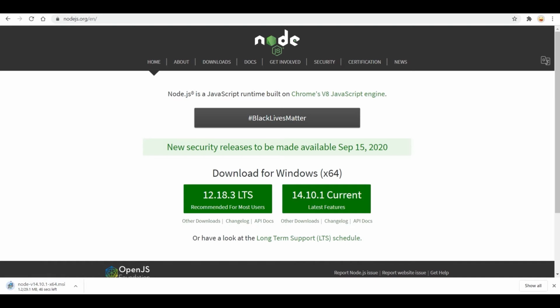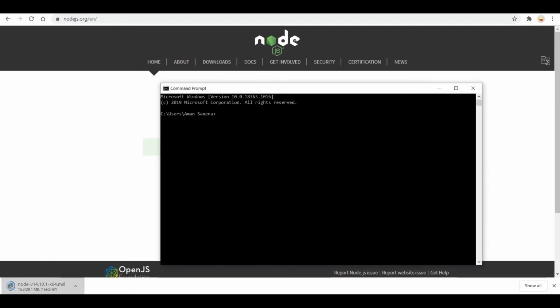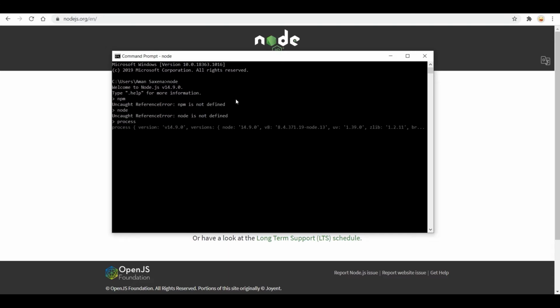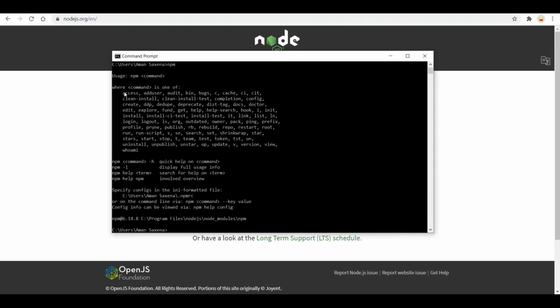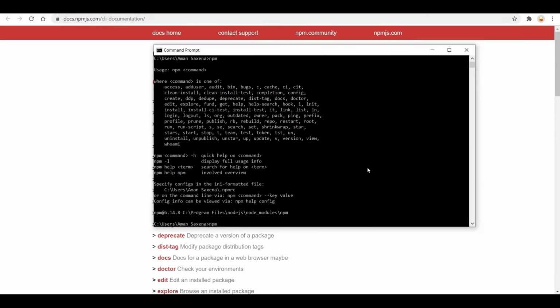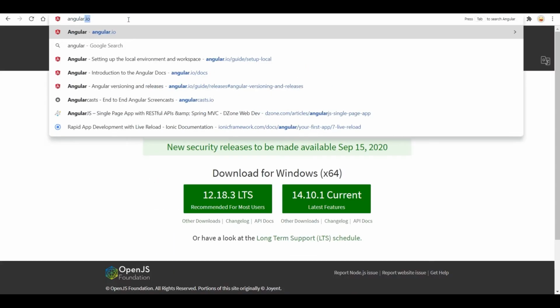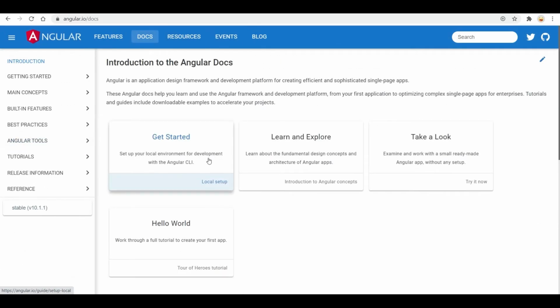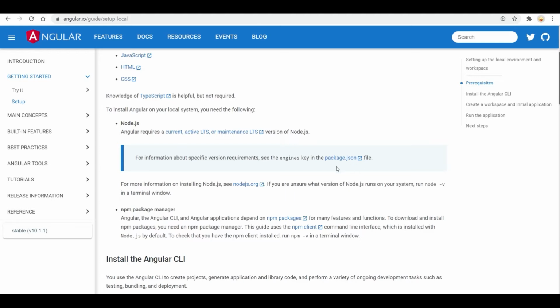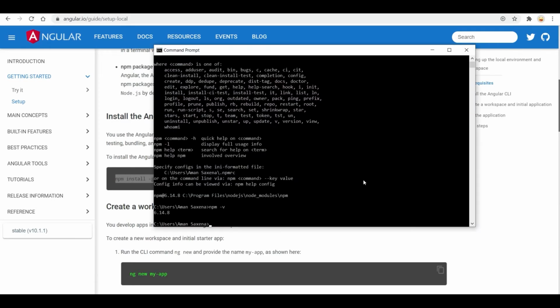So we have known that we need to install Node.js to run npm, and npm will help us to run Angular. If we have the latest version of Node.js, then we can work on any previous version of Angular that requires the minimum node version and the npm version. And we don't need to install multiple node versions in that scenario, because if we have the latest one, then a previous version of Angular can be run. But what if we are in a situation where we need multiple node versions? Then in that case we need to use NVM.